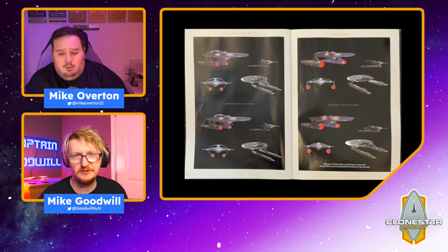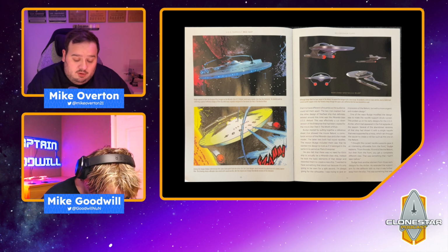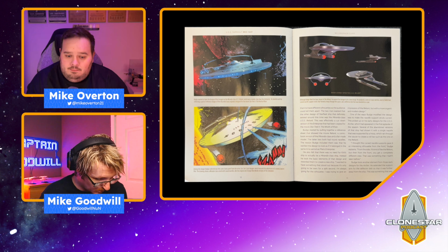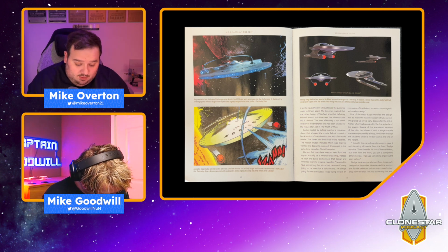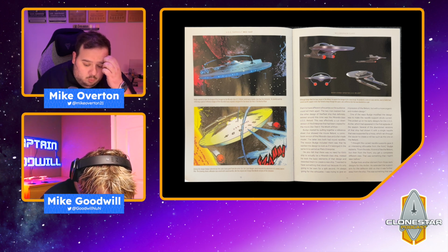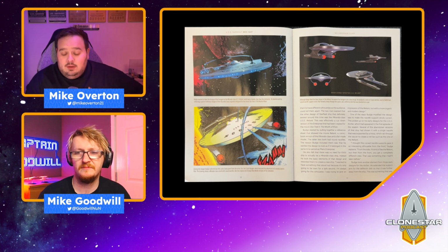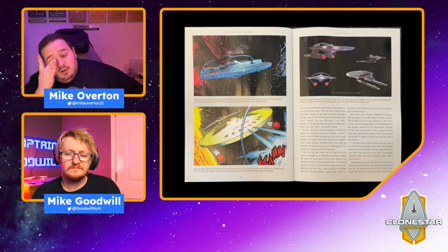The other thing is it looks too dissimilar to the Reliant as well. Well, there is that, but the other thing is the ship was not designed by a ship designer. No, it was not. It was designed by, and I need to find his name now. Where is it? Well, it was William Budge, who was one of the VFX art directors. So he's not a ship designer, and you can kind of see that, because essentially